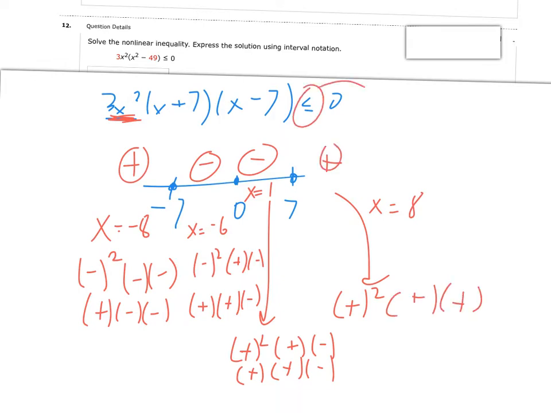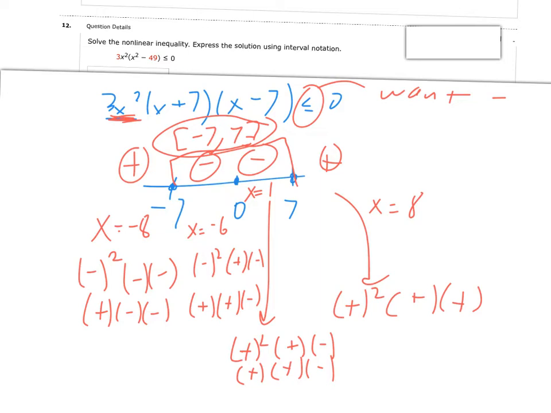So I want the negatives here because we're less than 0. And because this is connected with a closed dot there, I actually would combine these two intervals and just make it from -7 to 7. If it was combined with an open dot, I would have to keep those separate, but combined with a closed dot,